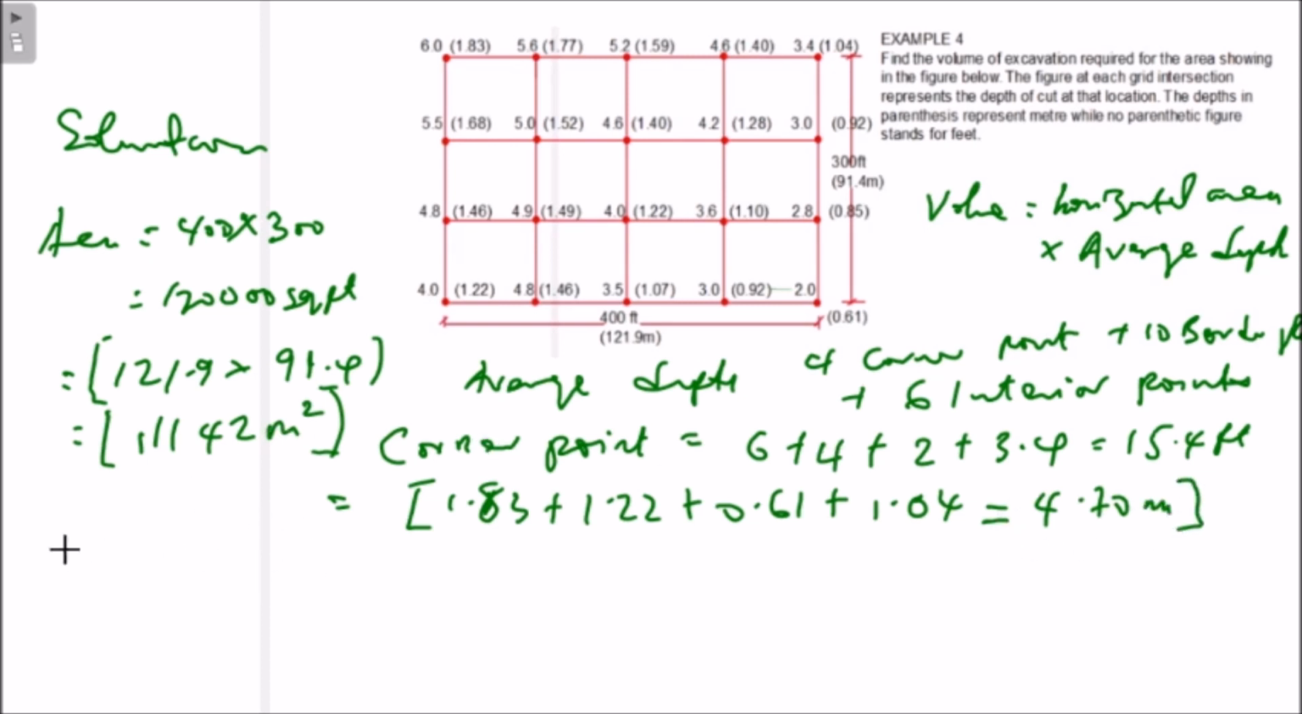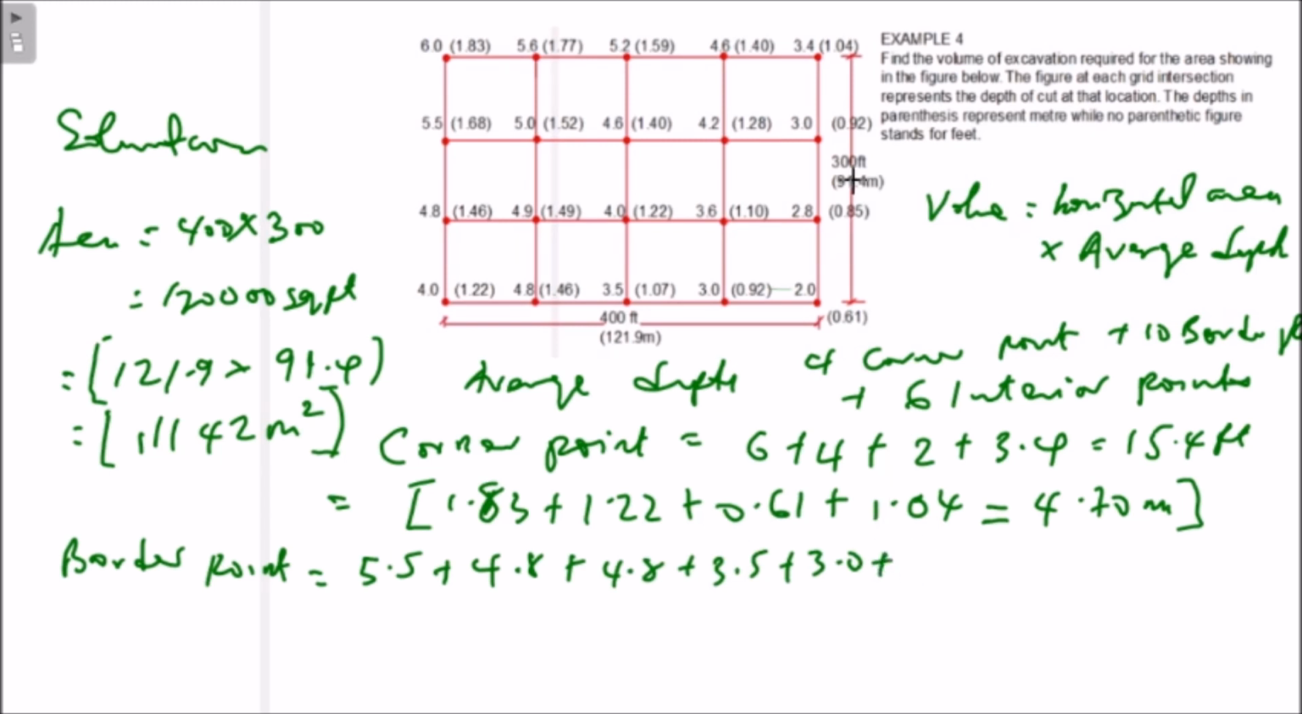For the border points, we do the same thing. For the border points, the border points are these. I've said that earlier. We have about 10 points. So we have 5.5 plus 4.8 plus 4.8 plus 3.5 plus 3.0